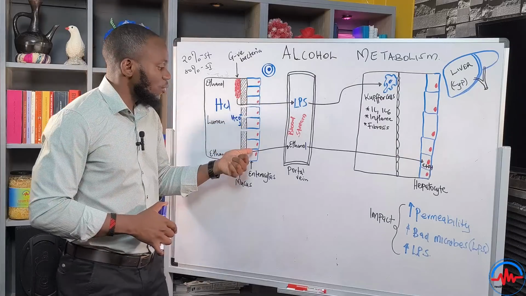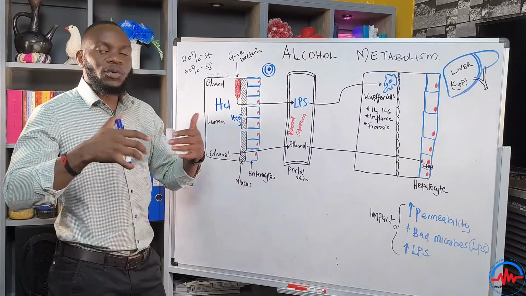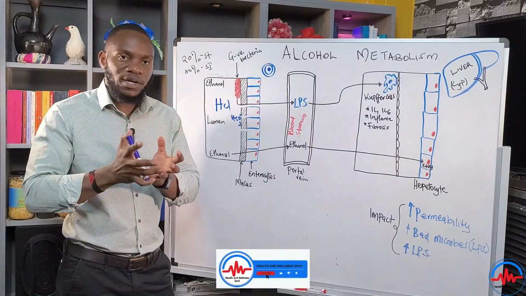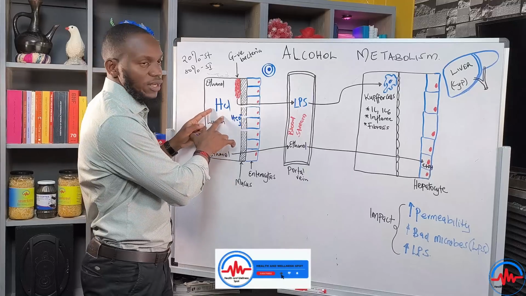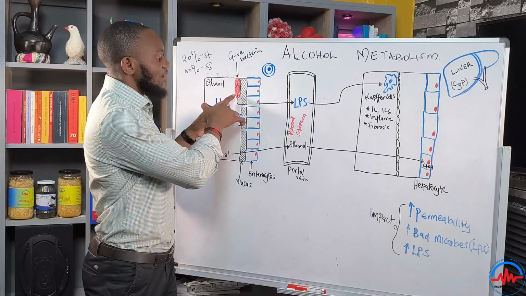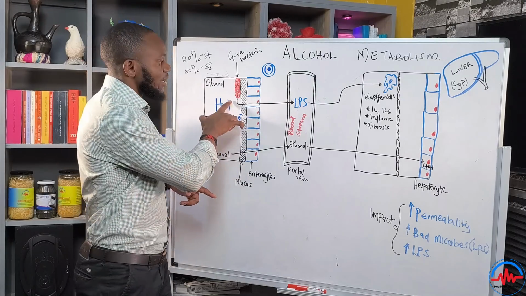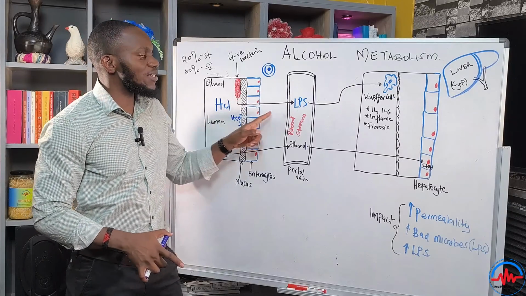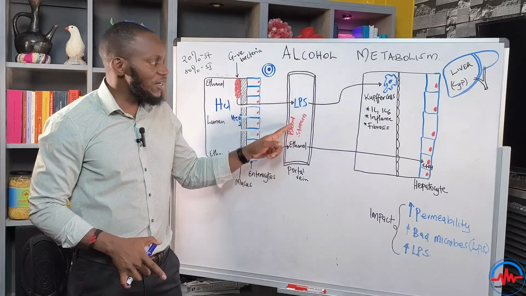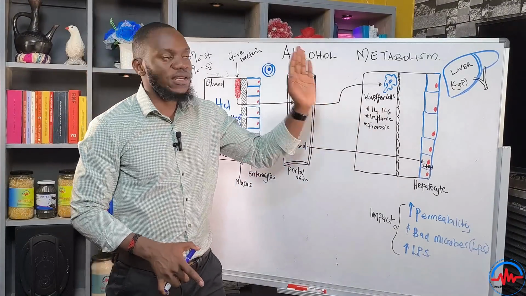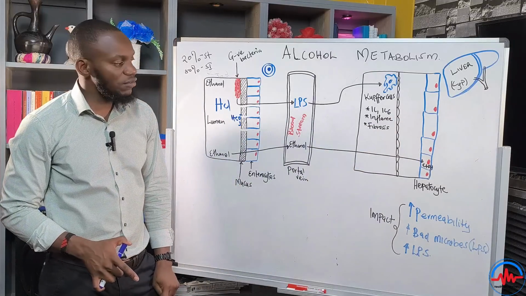So the impact of alcohol on the system, basically the gut, the bloodstream, and the liver, there are three. One, permeability of the gut wall, which causes you to get production of bad bacteria in the stomach, because again you've destroyed the stomach environment. That is number two. So you neutralize the stomach environment, you produce bad bacteria. These bad bacteria end up dying in the stomach and they release lipopolysaccharides, and because the alcohol is causing permeability, they get access to the bloodstream. Now they are ferried all the way to the liver, they encounter the Kupffer cells, inflammation starts, and now you have problems in the liver, inflammation in the liver.